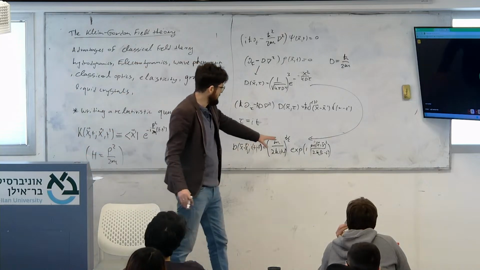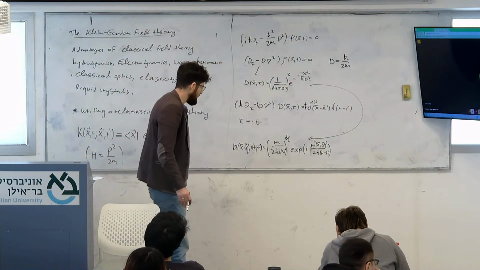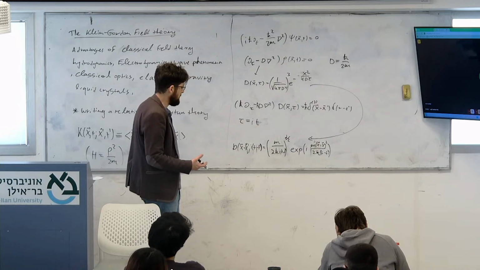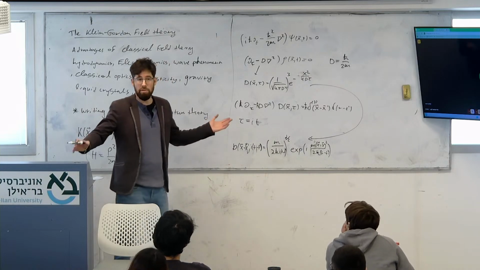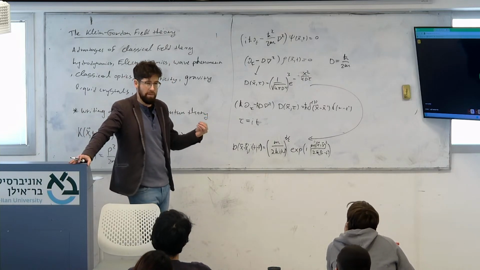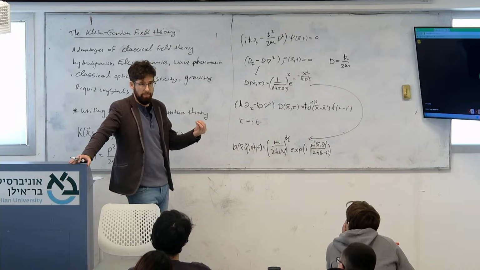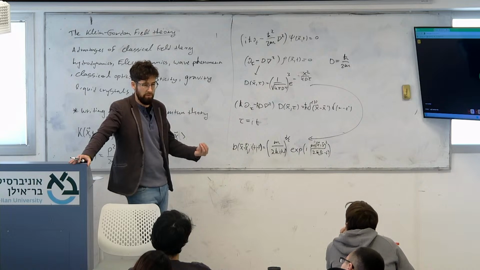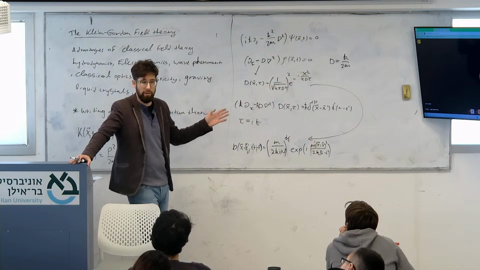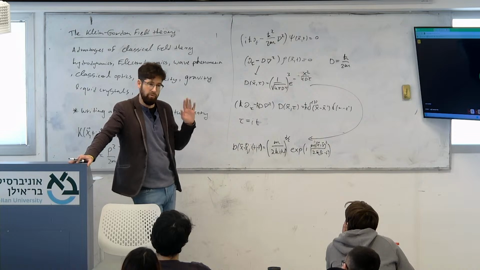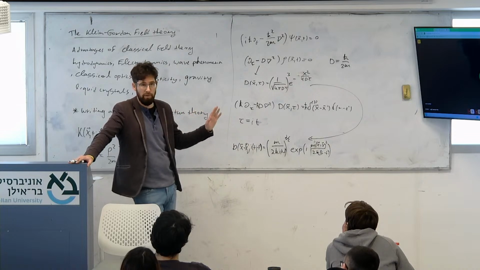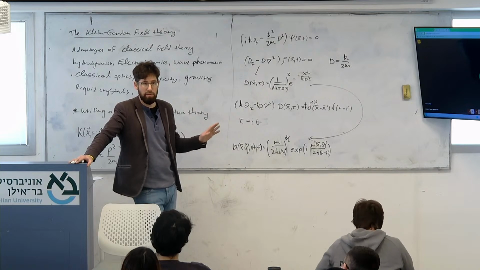But one of the things that we see in this expression is that if I look at the probability amplitude, okay, there is a probability for a particle to be anywhere in space. Okay, that means that except exactly at t equal to 0 where it's a delta function, afterwards it can be infinitely far away. There's a finite, exponentially small, but finite probability to find the particle infinitely far away. So this is obviously not relativistic.